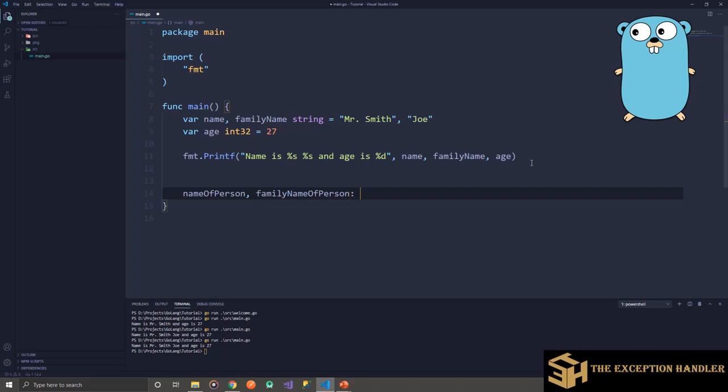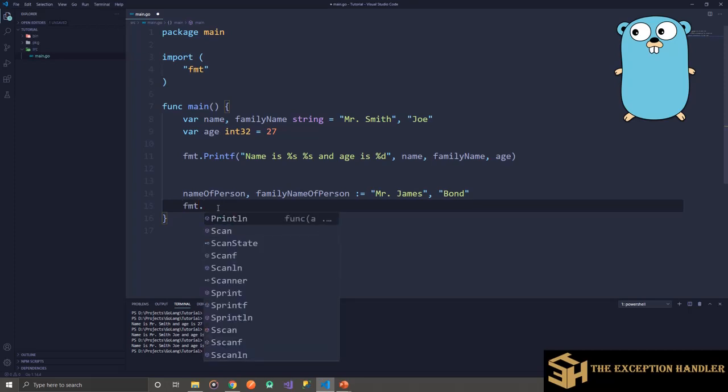I'll assign two values to it, Mr. James and Mr. family name would be Bond. In this, I have declared two variables, the name of the person and second is family name of person, and I have assigned initial values to these two. Now let's try and print these two values and the type of values in it.